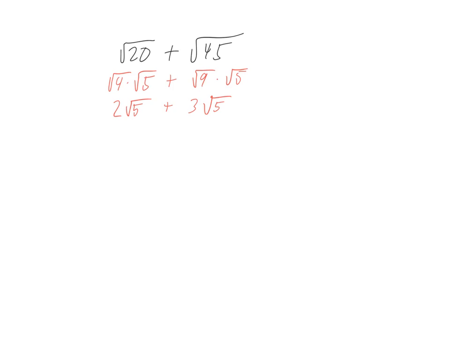And now it turns out, after simplifying, that those two expressions are in fact alike, and so you can take this a step further and combine them together to get 5 times the square root of 5. Now in this particular case, after simplifying, those two were able to be combined together to get this simpler expression,